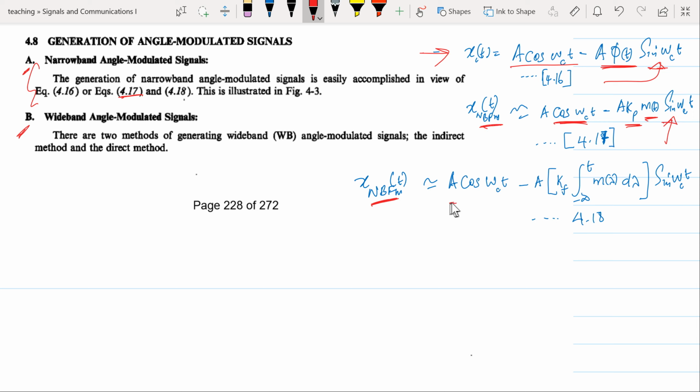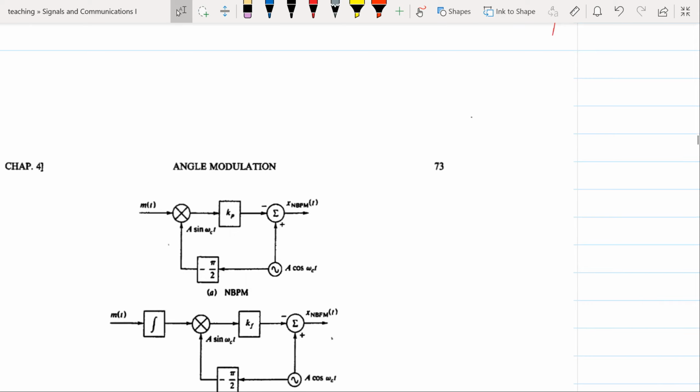Similarly, we can have the local carrier that is unmodulated, and it is subtracted with the phase shifted carrier that is multiplied with the message signal that is first of all integrated over time, then multiplied with the frequency deviation constant kf. So that can be seen clearly from figure